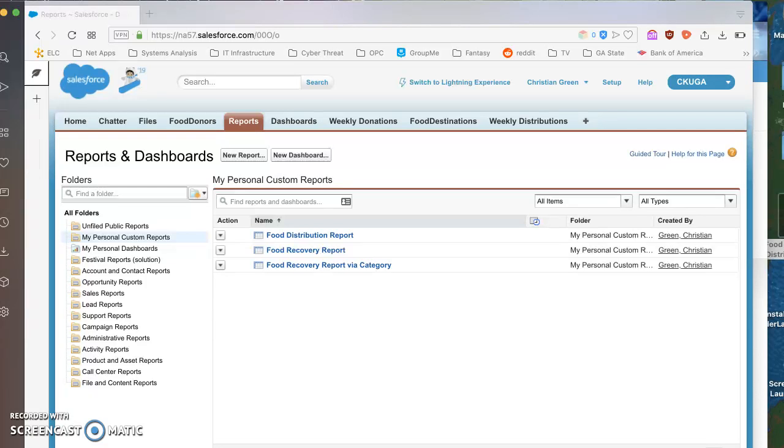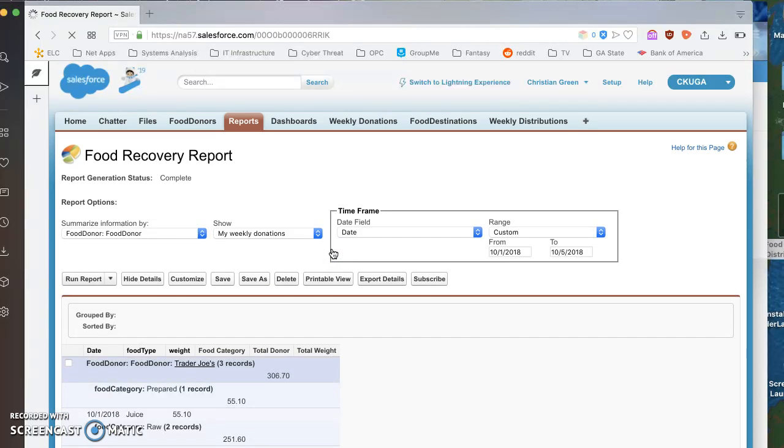Hi, this is a presentation for our second deliverable sprint, and we will be demonstrating how we, as a team, have learned how to generate reports on Salesforce, as well as how we have generated reports for food recovery via category, as well as food distribution, and how we have met the acceptance criteria for each of those reports. Looking at our first report, food recovery report,